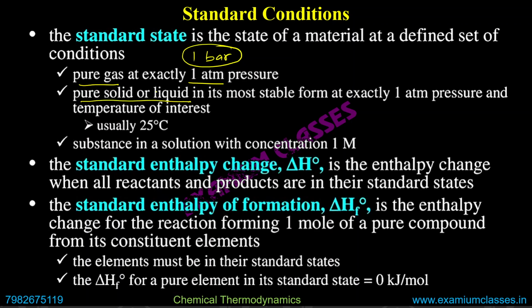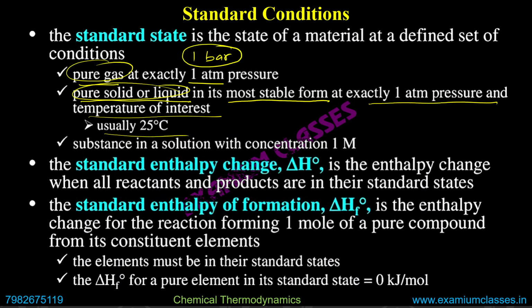It is a pure gas, pure solid or liquid, in its most stable form at exactly 1 atm pressure and temperature of interest, usually room temperature, 25 degrees Celsius. If it is mentioned as room temperature, that is the standard condition. If it is mentioned as STP, in that case it is standard temperature and pressure, and the temperature is 0 degrees Celsius. But if we are saying normal, it is 25 degrees Celsius. Sometimes it will give you a hint whether it is talking about room temperature or STP. Mostly if it is talking about 0 degrees Celsius,